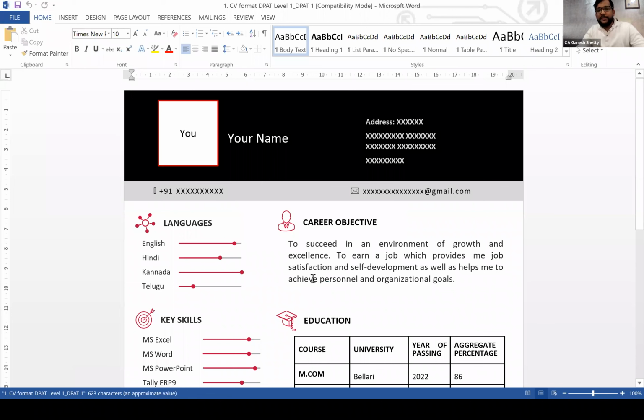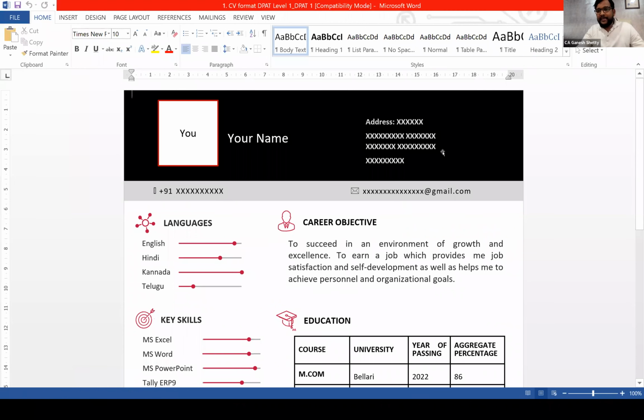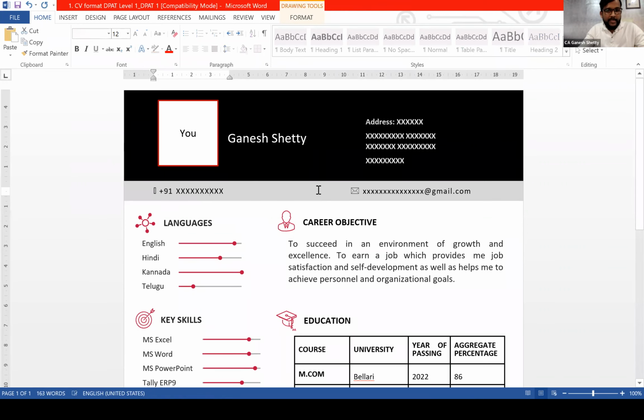Okay, this is a CV format I'm going to use for this example purpose, for your understanding purpose. So here I have a name, right? I'll be writing my name here. See, some people will write it like this: one small letter, one capital letter, or in Western I've seen this also. I don't want to see this. So the first letter should be capital, and all the letters should be capital, and the proper space, one single space is enough, and a photo can be added here, and a mobile number can be written here.